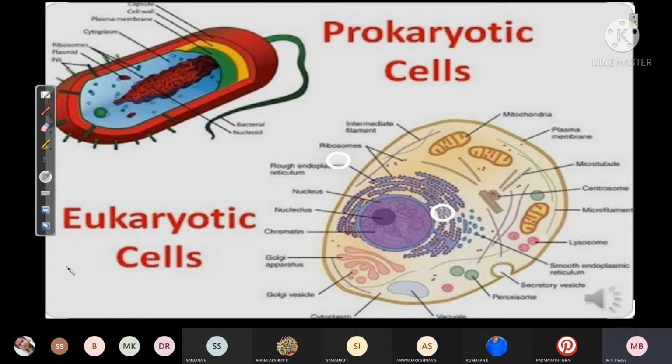Now why it is called old nucleus and why it is called new type of nucleus: the old nucleus did not have a nuclear membrane. Like you see in the bacterial cell here, it does not have a nuclear membrane. Only the genetic material is there. Genes are here, DNA is here, but it is not surrounded by a nuclear membrane. Another thing is that there are no membrane bound cell organelles. You can't see mitochondria, chloroplast, lysosome here. Cell organelles like that are not there in a bacterial cell. That's why they are called primitive. Primitive means old. The meaning of karyo is nucleus. Whereas eukaryotic cell,